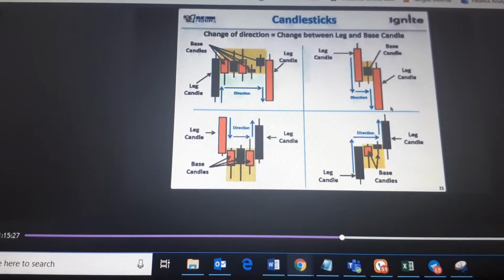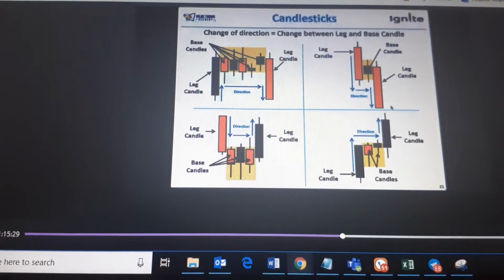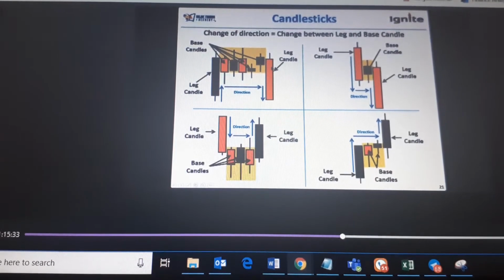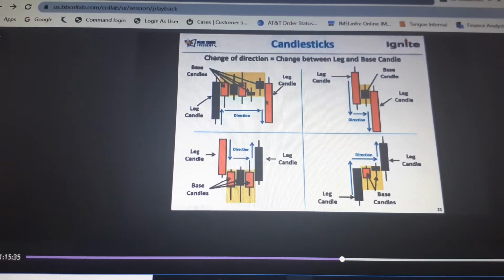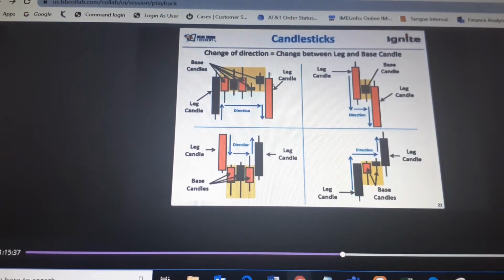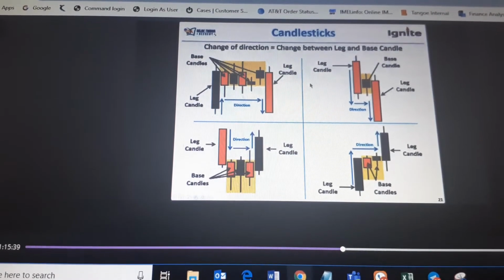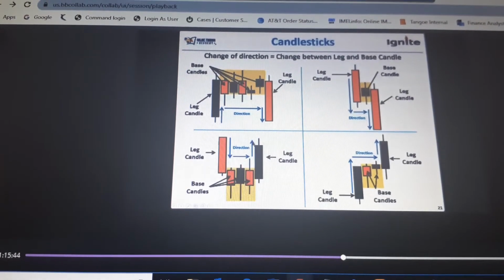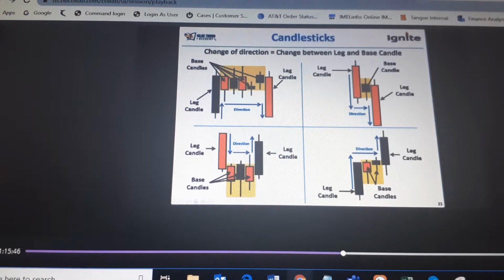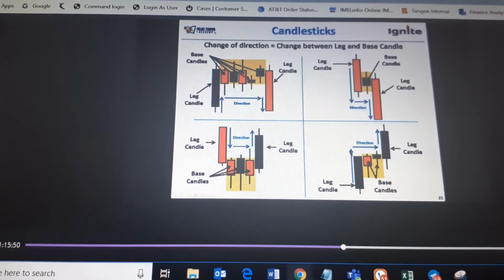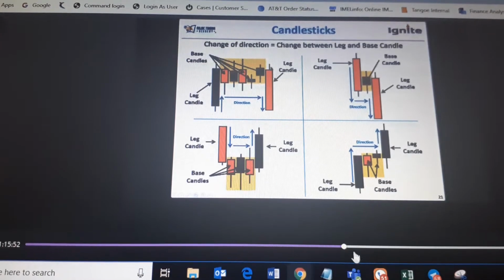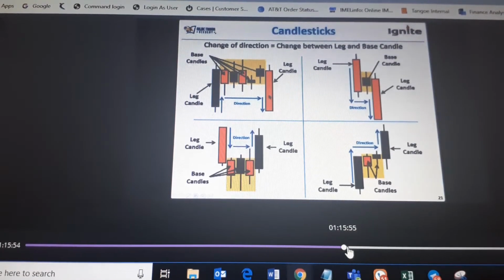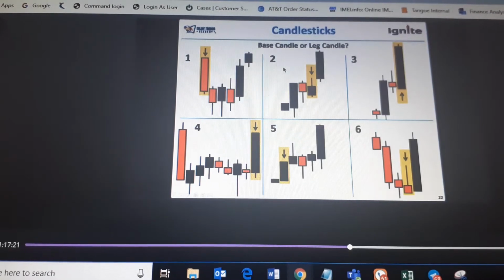This is just a bit of advanced that I've told you. If you've understood it, that's good. It's very easy to learn. If you see over here, the outermost candle in a supply zone, these are 2 patterns of supply zone, is red in color, and the outermost candle in this demand zone is a green candle. Yes, rally, base, drop is one of the patterns of sell. It's a base candle or a leg candle. The number of base candles in between leg candles doesn't matter.